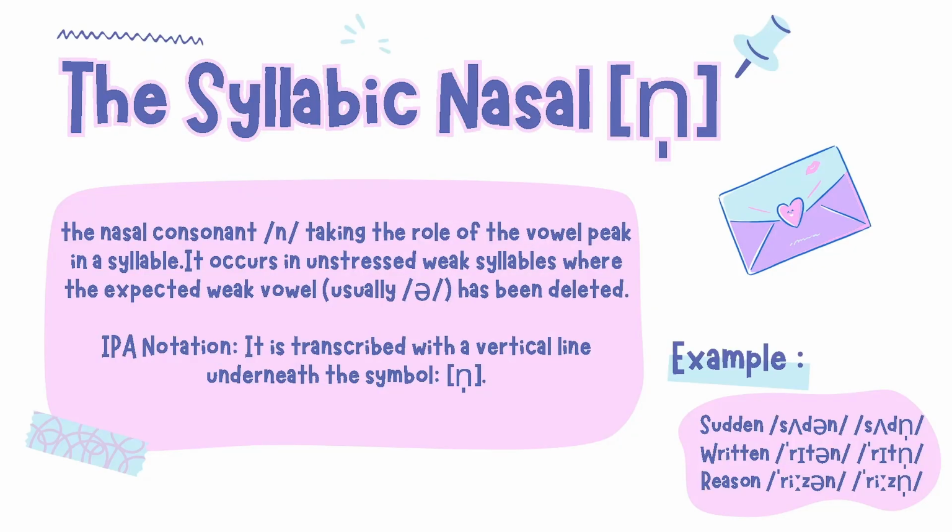The syllabic nasal. The nasal consonant n takes the role of the vowel peak in a syllable. It occurs in unstressed weak syllables where the expected weak vowel, usually schwa, has been deleted. It is transcribed with a vertical line underneath the symbol. For example, sudden in theoretical schwa transcription is sudden with a schwa, but the real pronunciation is sudden with a syllabic n. Like written in theoretical schwa transcription is